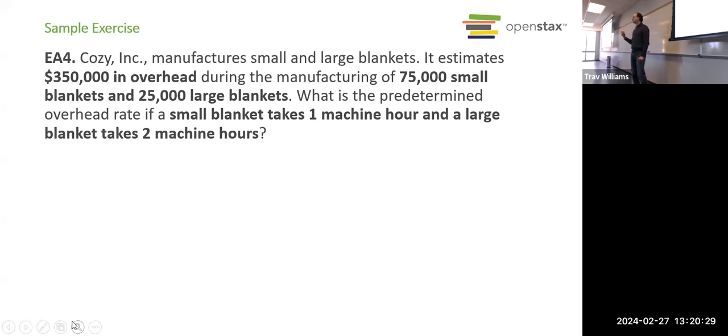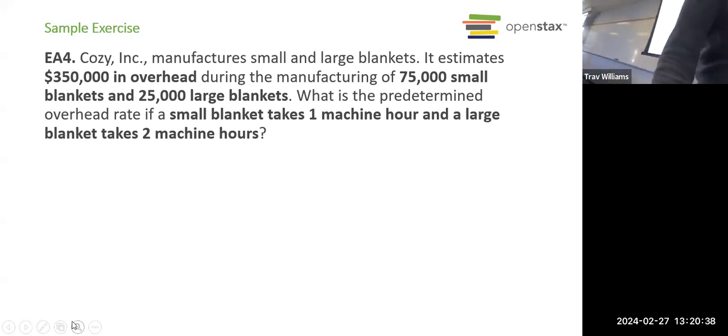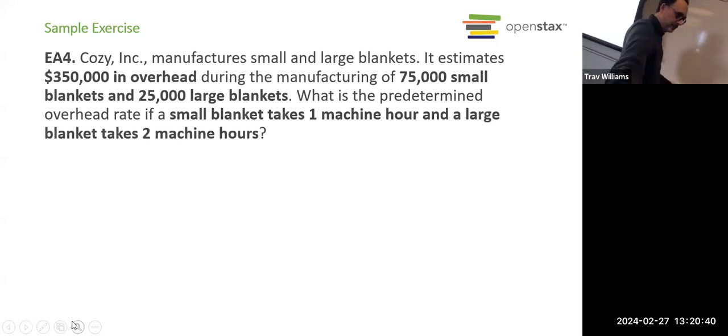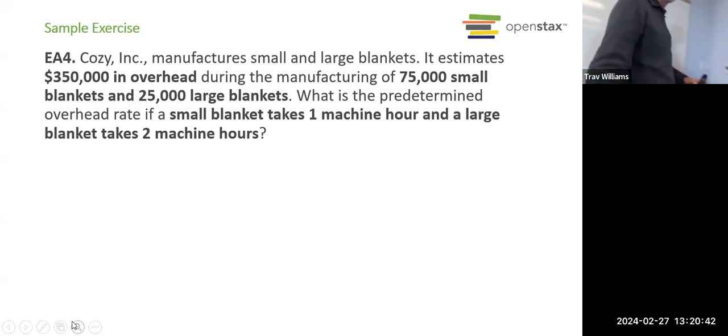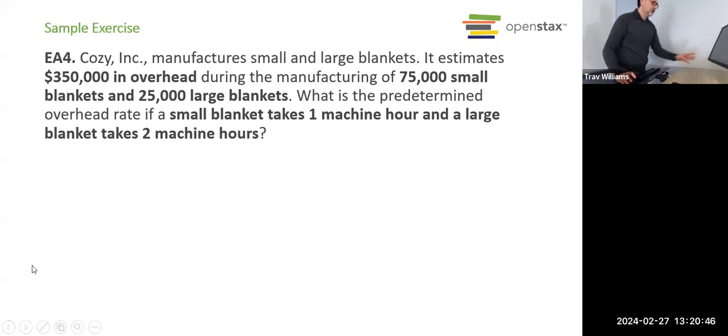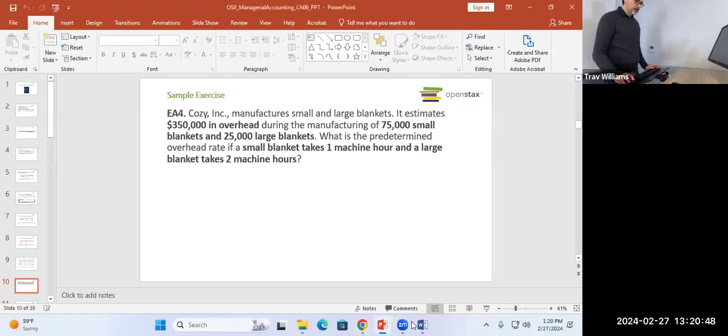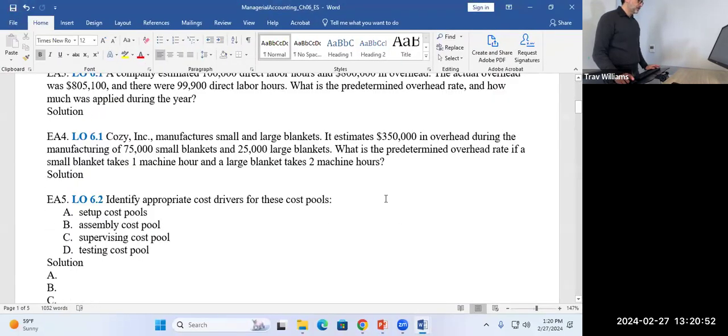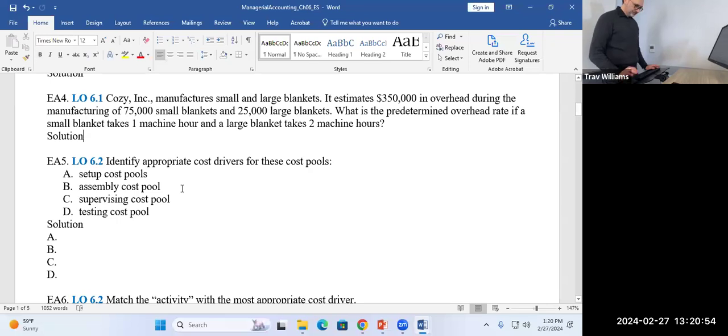Okay, so we already have an exercise to do. What do you know? Now, this is based on traditional overhead costing. So this is something we've done before. Really haven't gotten into anything new yet. And let's go ahead and work through this one. Exercise number 4. So open up your exercise set if you can.